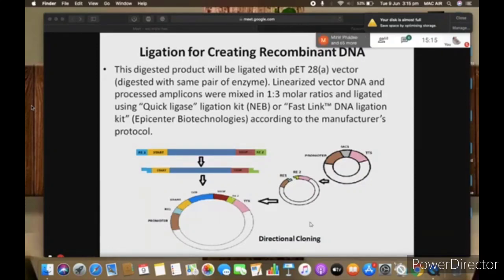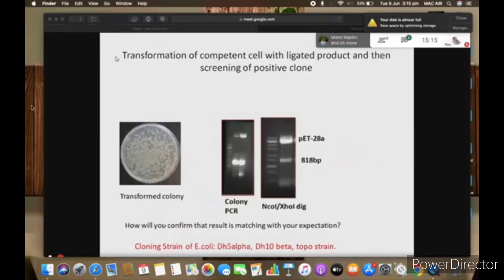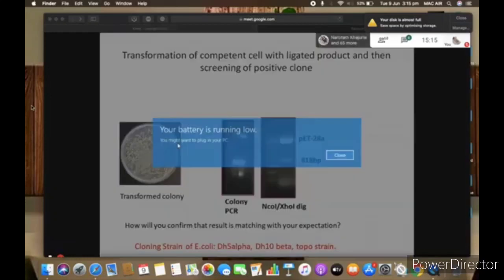Then this is in the tube. After ligation, what do we do? We do transformation. After transformation of the ligated product, we will see this type of colonies, the transformed colonies displayed.